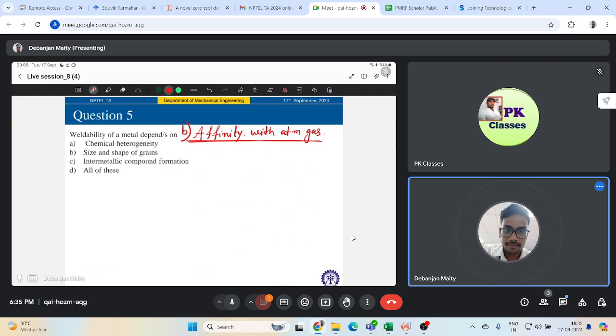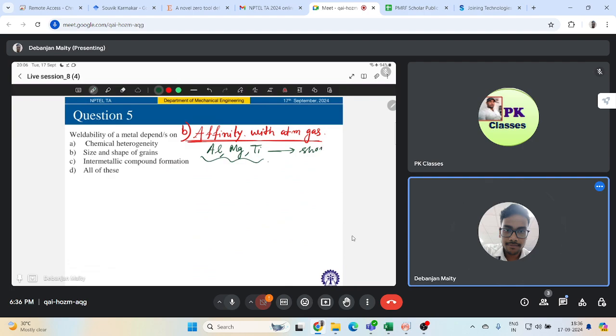They will show easy reaction with gases like oxygen and nitrogen and some impurities, forming some compound through chemical reaction. So metals like aluminium, magnesium, titanium, preferably these three